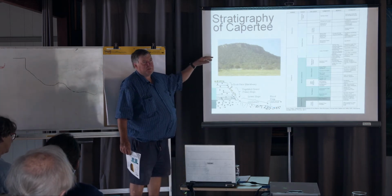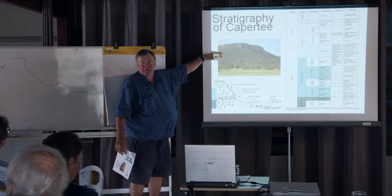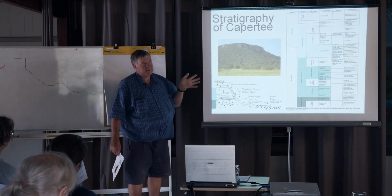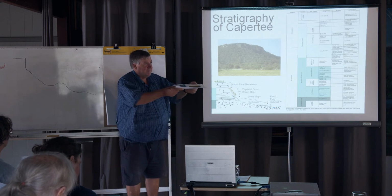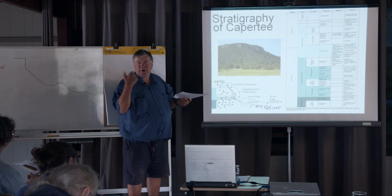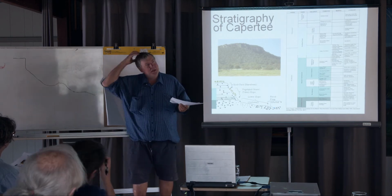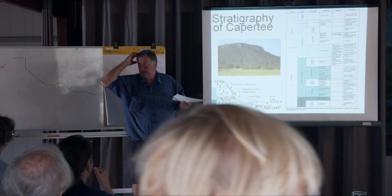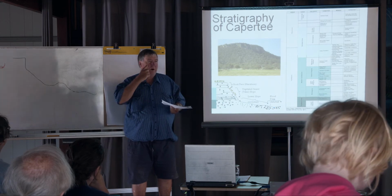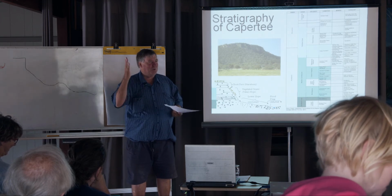So, one of the most visual features you will see in this landscape are the Sandstone Cliffs. Everything is horizontal, basically, in this landscape. So it's very much a flat landscape. We took a long time to work out what was going on here. There was 3 of us in that car driving, many years ago, probably nearly 15 years ago, driving and arguing about what was going on. We couldn't hide, so we decided to go to the pub in Ross and have a couple of quick schooners. And then it just dawned on us. It's all